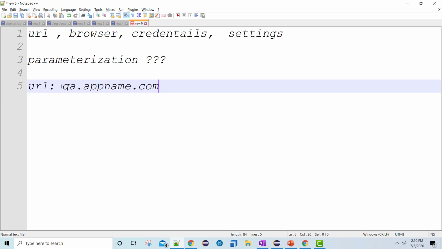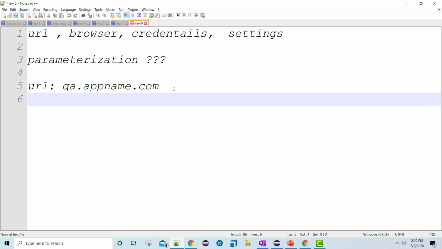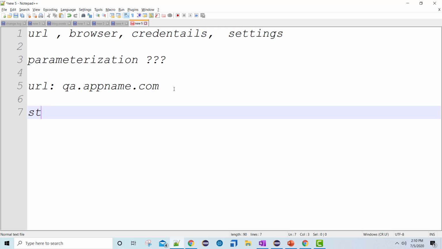When you have developed your application in QA region, now you are referring to this particular URL in many places in your test cases. Once you are done with your test case creation, someone asks you to execute these test cases on staging region.